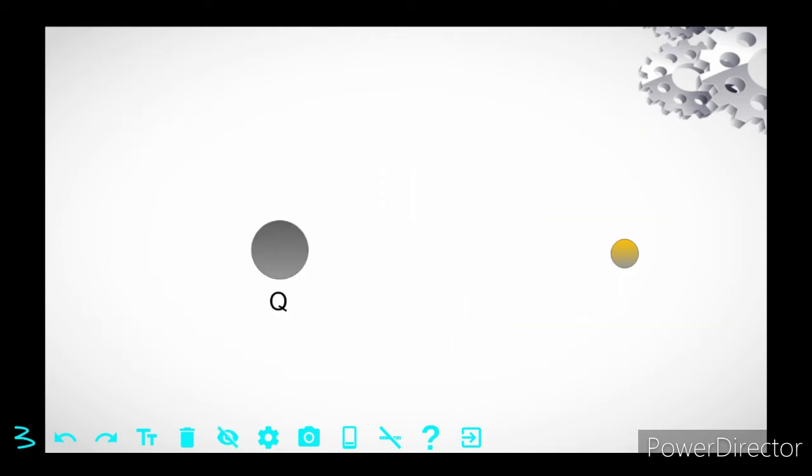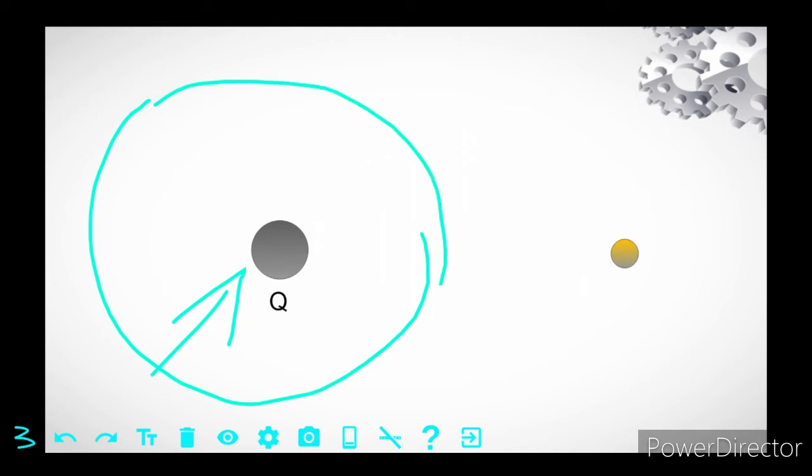Now I will make it more clear. Say in this space, this is the original charge. When this charge is present, there is an electric field created around it, all over the space, not just in this region.